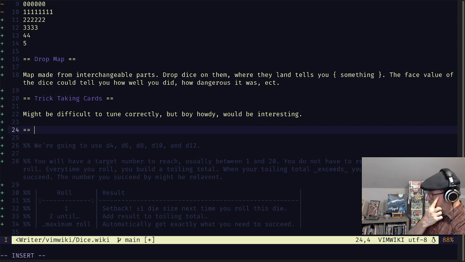Cards have other things that are interesting. Like we said before, the suits and whatnot. There's some fun things you could do where you pre-program what you're going to do, like lay down the cards in the order that you're going to do them.